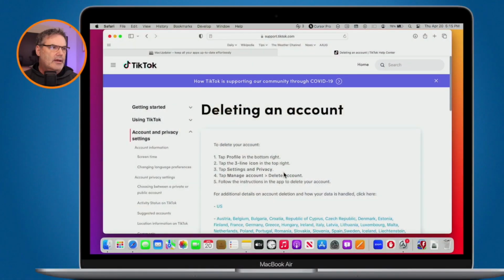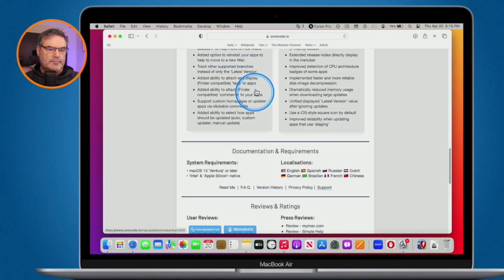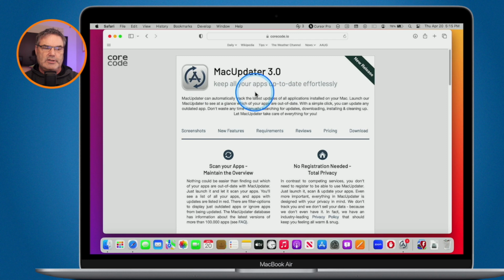There used to be some software out there that did that for you, and there still is, and he brought one up, Mac Updater. I looked at this, Ward, and I would say this one here is really pretty good. So basically, I'm going to go to my MacBook Air here and show you Mac Updater. This is what he was wondering if this is any good. And I think it still looks good.